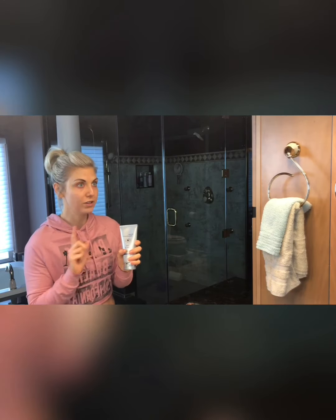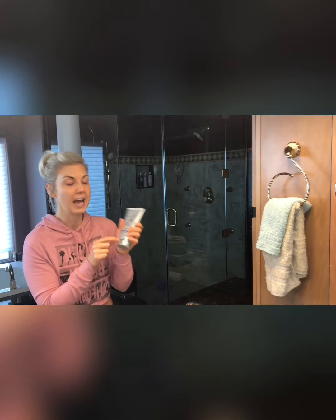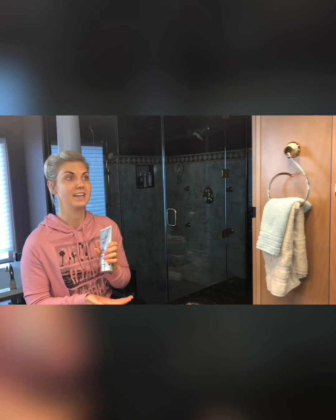Now again, all of their products are things that you can only carry from them. They're medical grade, which is pharmaceutical grade products, meaning they're not going to age on you, but also a little bit goes a long way. Like the tiniest little amount of this product cleans my entire face, which is awesome, especially for morning and night